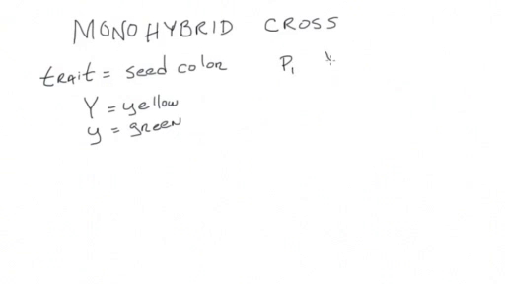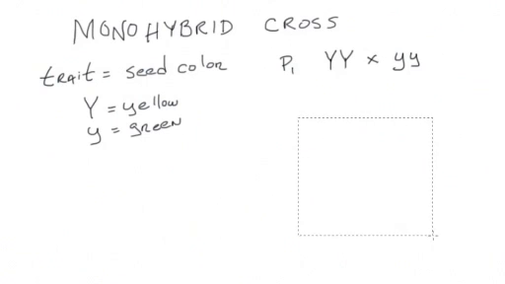Then we're going to indicate the genotype of both parents. In this case, we'll take a homozygous yellow pea plant and cross that with a homozygous green pea plant. In order to solve the problem and figure out the possible outcomes of this genetic cross, we need to create